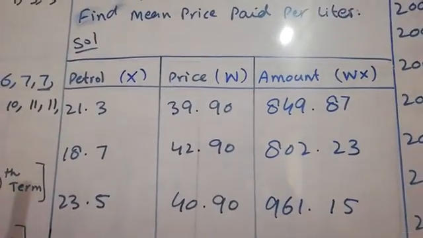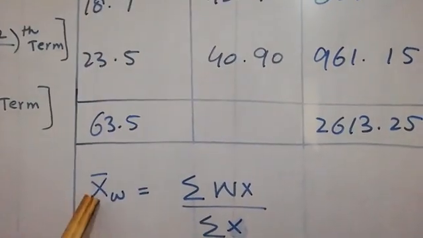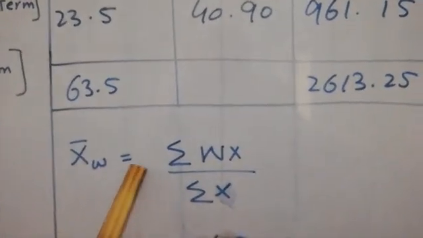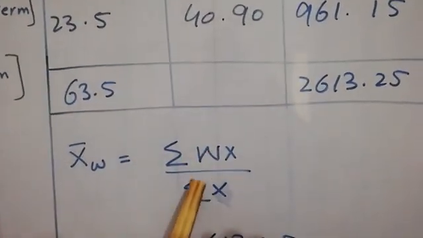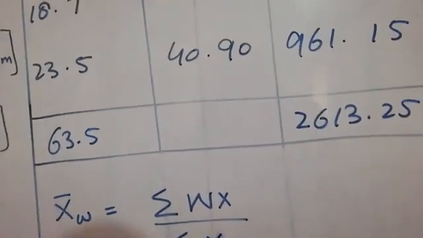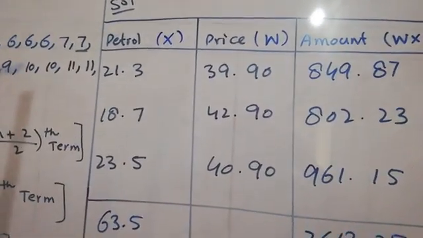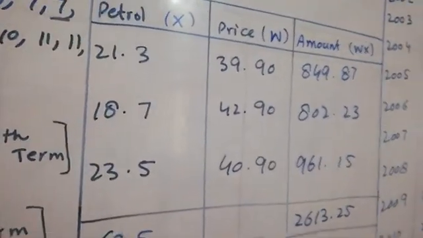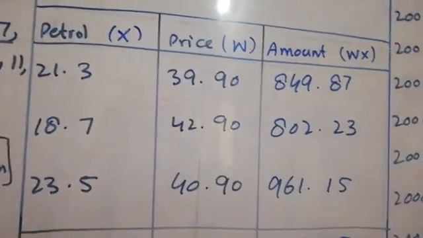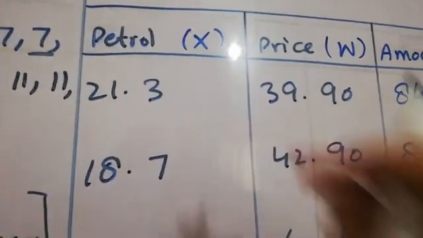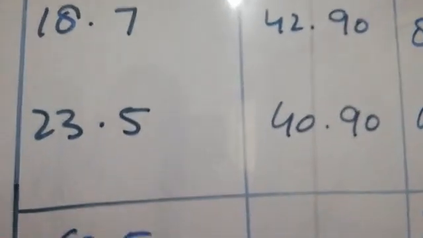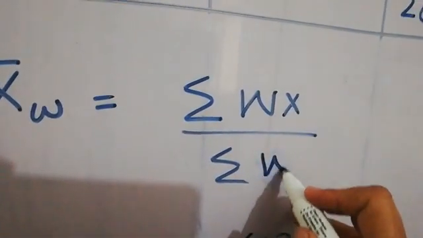In this method we will calculate the weighted mean, and the formula of the weighted mean, we will write W in this form, and the formula is summation Wx by summation x. And my dear students, I'm sorry, I made a mistake here, so first of all I would like to correct it. Dear students, this is the weight of the petrol liters, and this is the value of x, and the formula is summation Wx by summation W. Okay my dear students, correct this one.